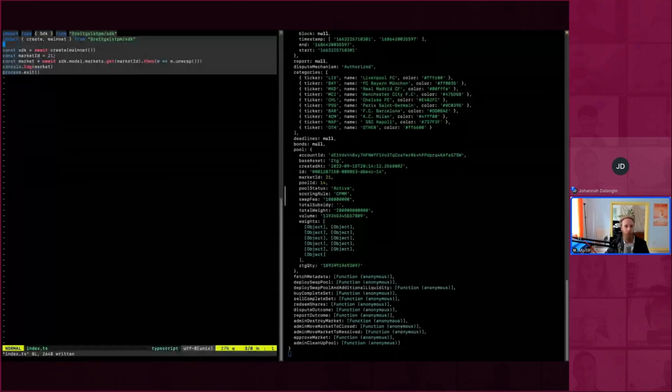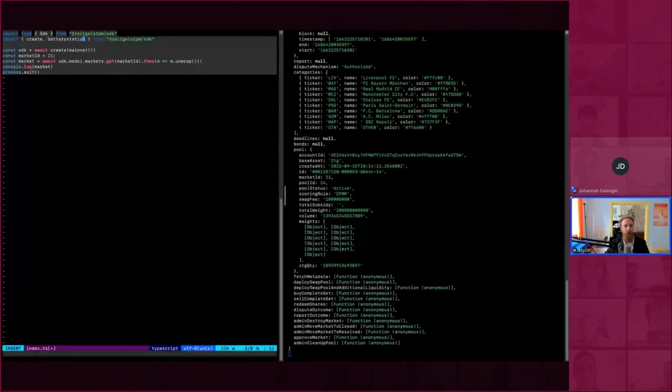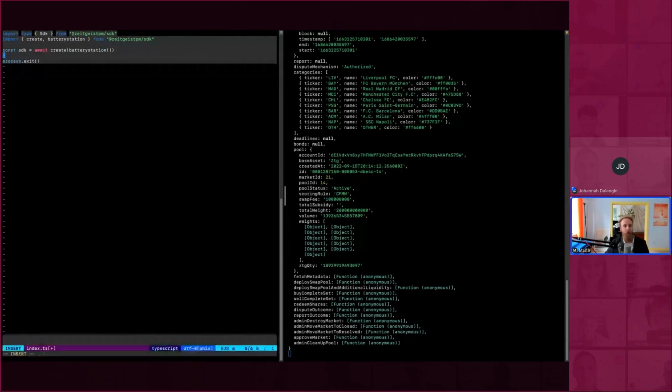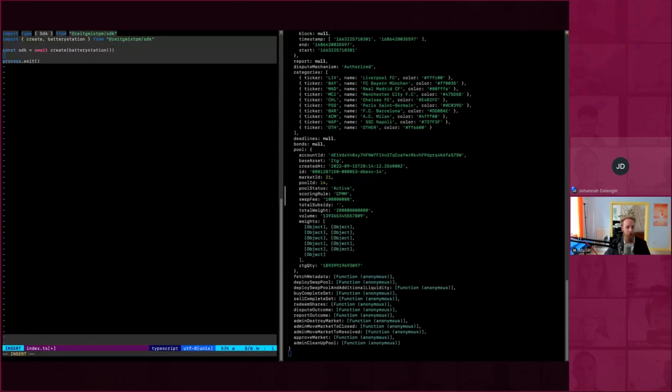But before we do anything else, let me change the context here to Battery Station on testnet, so that I don't create anything on the mainnet, because that would cost money. And let's get rid of this stuff here. All right, and now we've got this SDK context is Battery Station, and let's create a market.